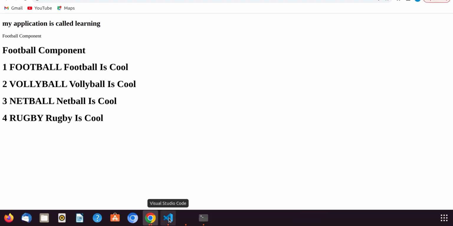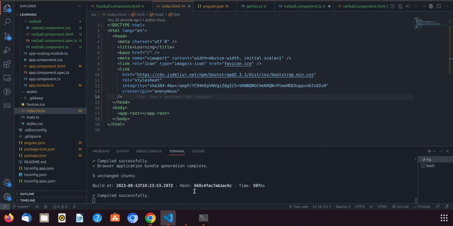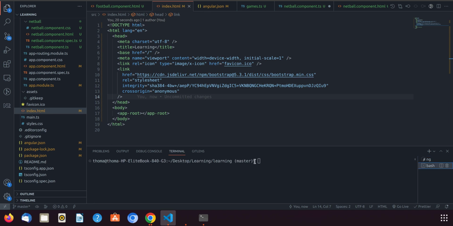So let's just come and then we implement maybe a couple of Bootstrap components. Then we'll just call it a day. So we'll just be creating only 3 components, and then we'll be linking them together, and then that will be the end of it. So let's come to our terminal, and then we will be creating the normal components, not the standalone components. So let's come and we'll generate